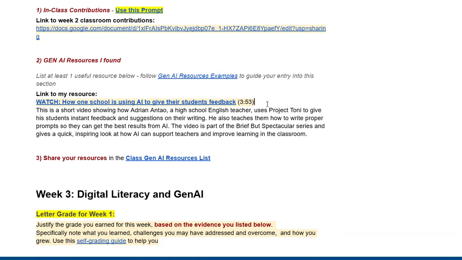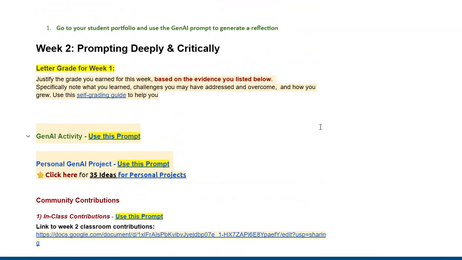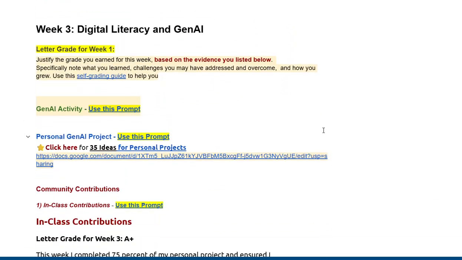You've done a good job in doing your entry here for the Gen AI resources. Therefore, if you summarize it all up in that particular week, you would be receiving a failing grade at this point, not passing. And then we go to week 3,